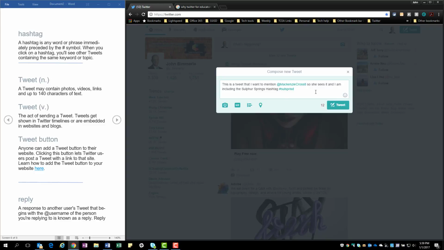So I can type in a tweet, something along these lines. This one wouldn't make a whole lot of sense, but you get the idea. So this is a tweet that I want to mention. And so if I'm going to mention Mackenzie Cross, I have to put the @ symbol in front of it. You notice it then creates a link. So she can see it. And I'm also including the Sulphur Springs hashtag